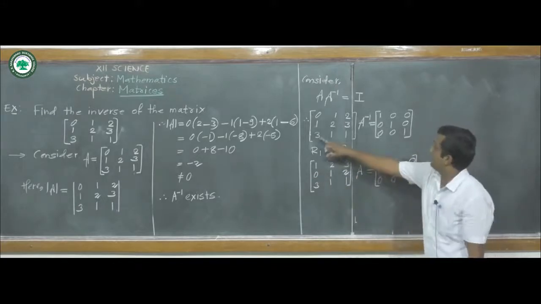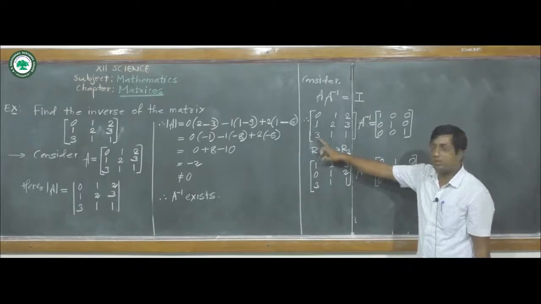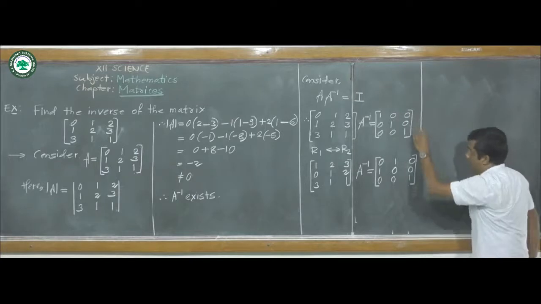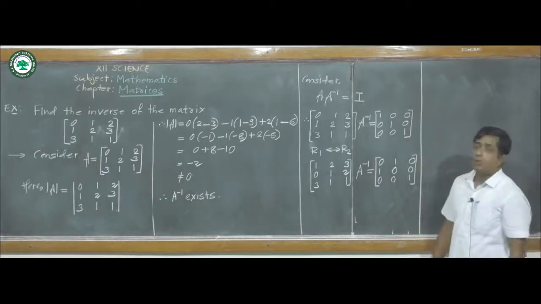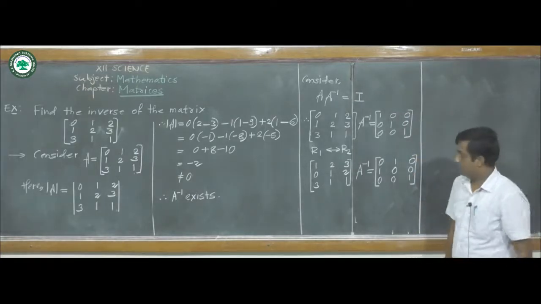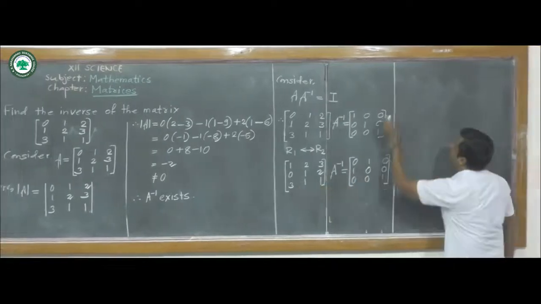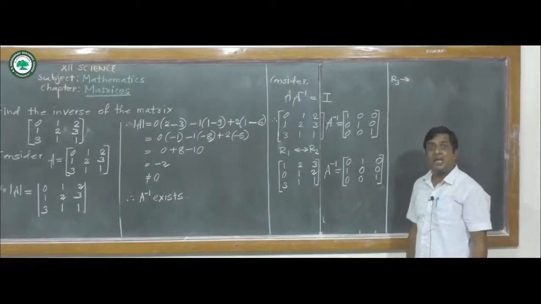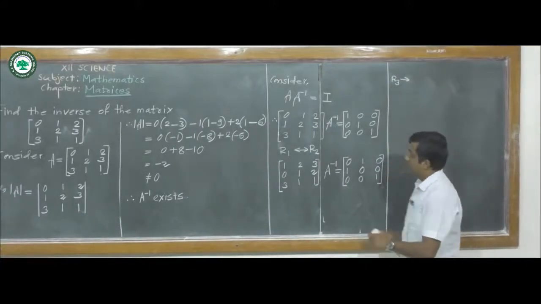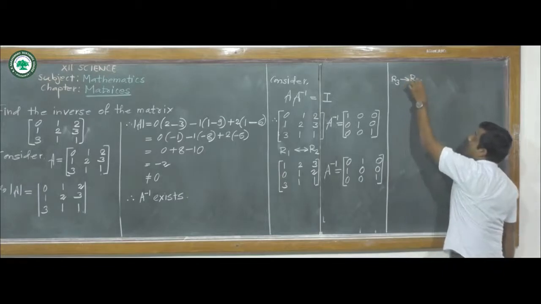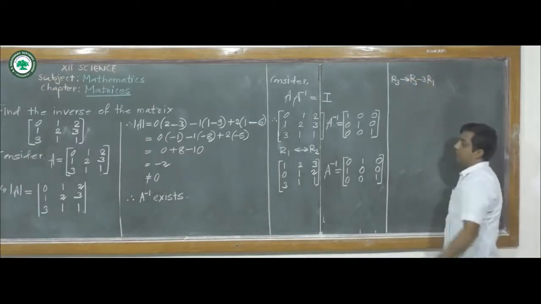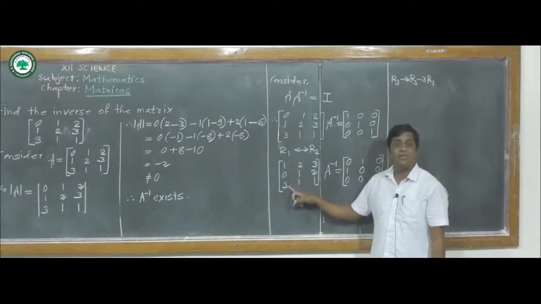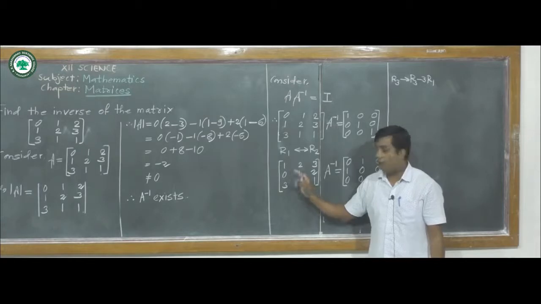Here in the position of 3 we want 0, since here 0 is given. To make this 0, we perform the transformation. Here the change is in row 3, and the change is R3 minus 3R1. That is, we multiply each element of row first by 3 and we subtract this from elements